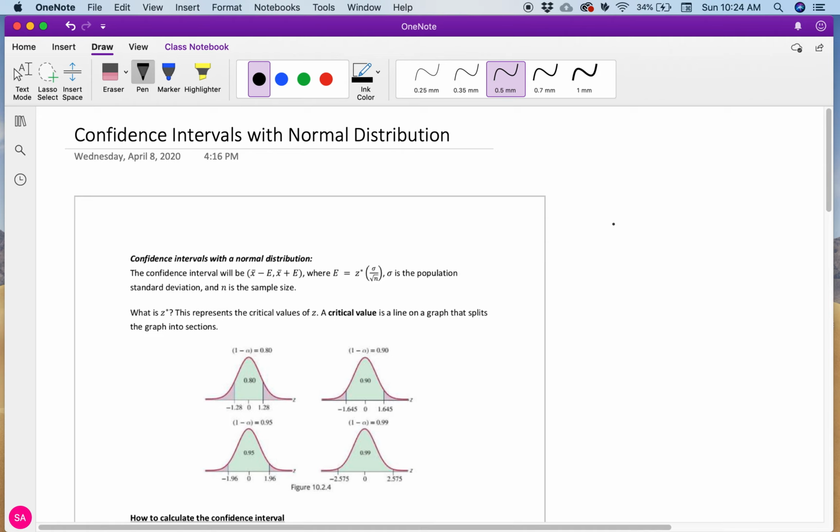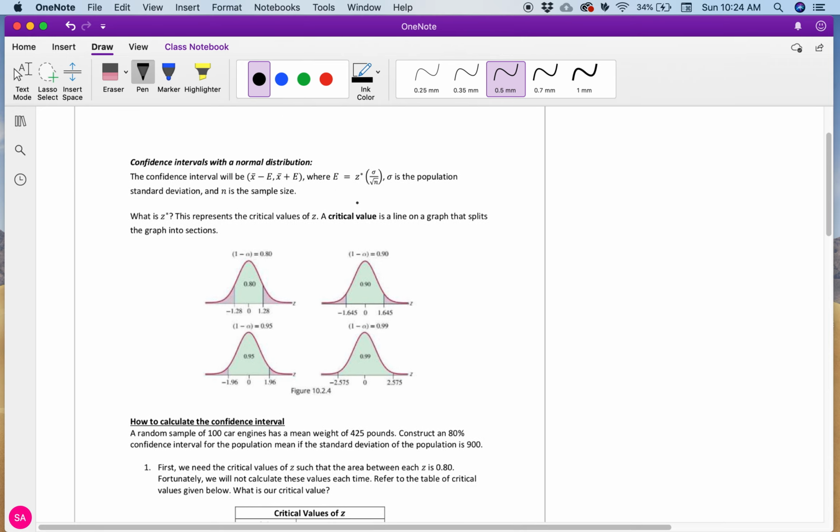All right, in this video, we're going to talk about how we build these confidence intervals, but with a normal distribution. So to reiterate, in the last video, I mentioned how we can build these confidence intervals, and I have this written out here as well, but in a different way. The interval essentially consists of the sample mean, usually in the middle, and then we subtract and add an error to determine the overall